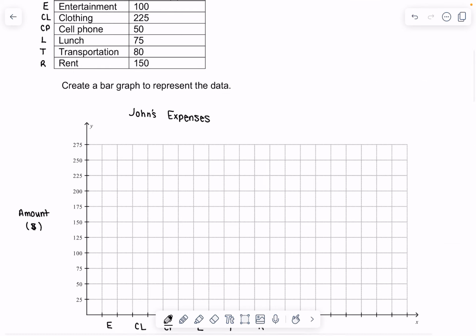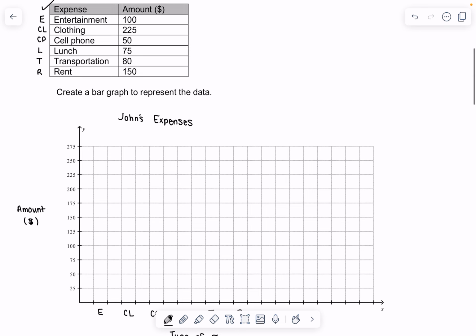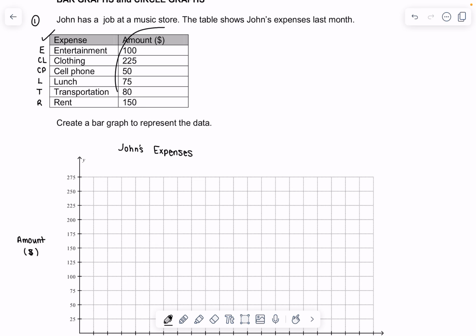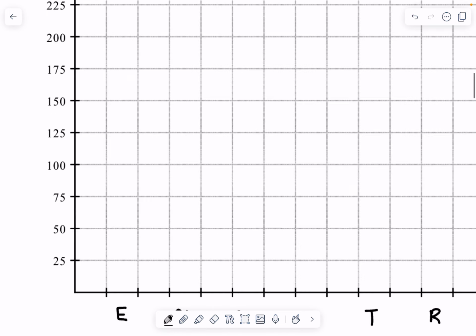Okay, so your grid's already set up for you, and the reason being is in most circumstances in life, you're going to have some kind of template outline for you. On Excel, it's going to do it automatically, so that's just kind of understood there. So we're going to go through and just basically make bar graphs. Now pay attention to the amounts, which I'm just highlighting on the right-hand side. So you're going to take each of those individual bars and you're just going to draw a bar graph just like you did in middle school. So entertainment